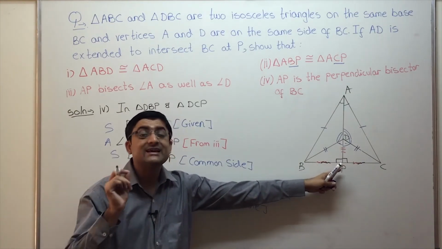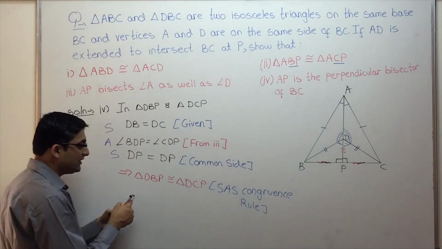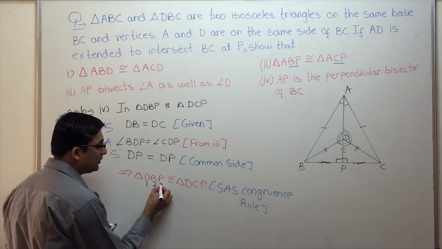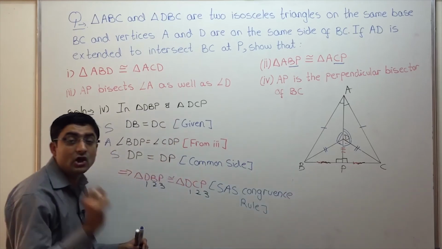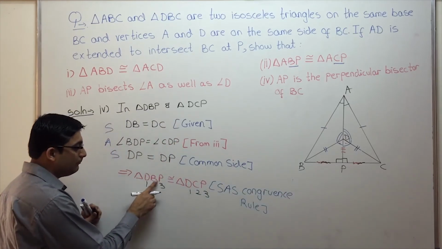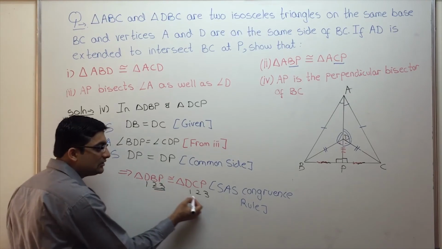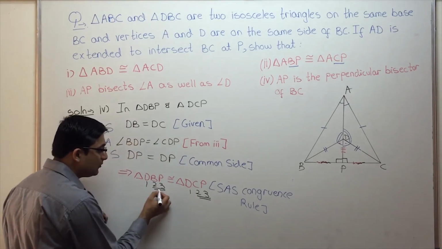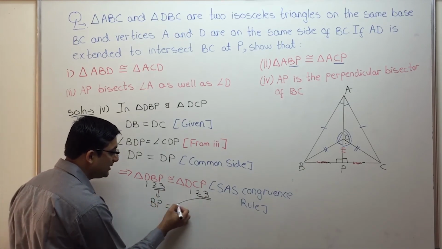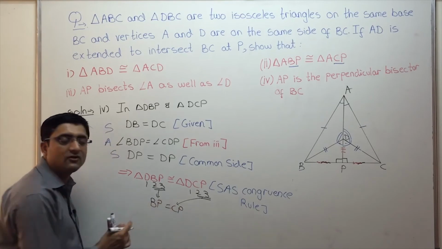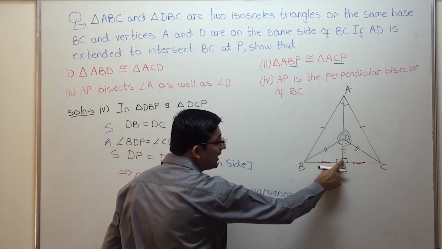How do we get it? Get the corresponding side to BP from the congruent statement. So this over here is the congruent statement. Label 1, 2, 3, 1, 2, 3. Now I want the side corresponding to BP. Look for BP in your congruent statement. BP is over here, second and third letter. So second and third letter will correspond to second and third letter. What is second and third letter here? BP. This is equal to second and third letter here, that is CP. So we have got BP is equal to CP, CPCT. Similarly, I want these two angles to be equal.